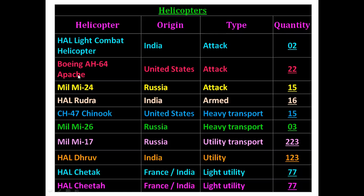Now, the one is HAL Rudra. So HAL Rudra, you can consider, which is made in India,